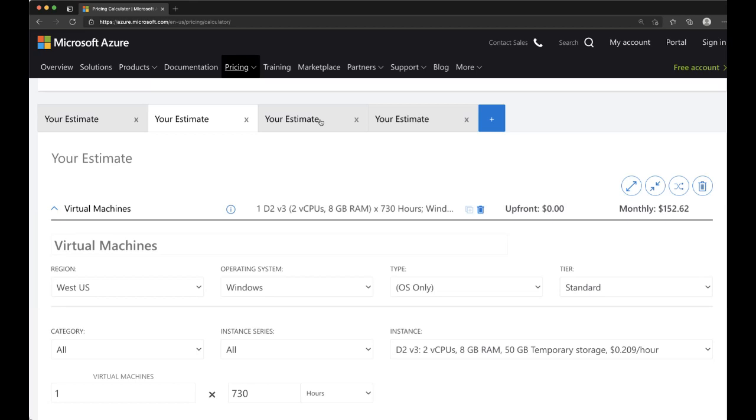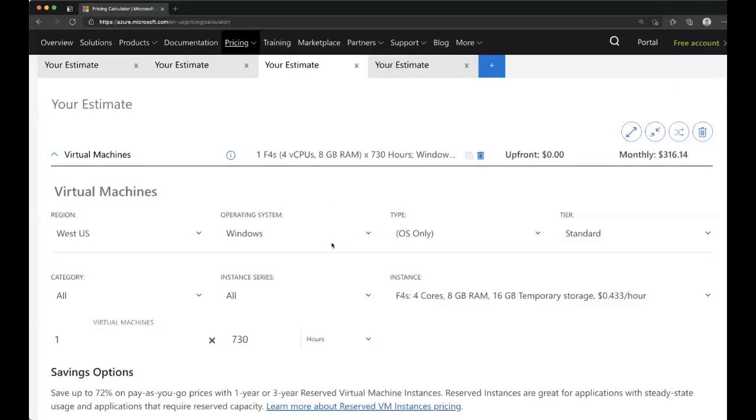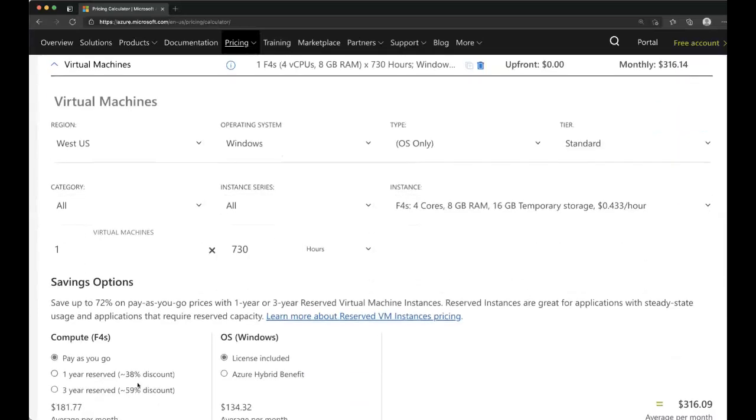They run roughly 118, 119 F4S virtual machines. Same thing. I was brought in to help them optimize costs and see what we can do for their Azure environment. They spend quite a bit of money on a month-to-month basis. And the F4S VMs was one that stuck out at me because I noticed that there weren't any versions for this. So this is version 1, 43.3 cents an hour. And again, you can see here with the reserved instances at 38% for 1 year and 59% for 3 years.